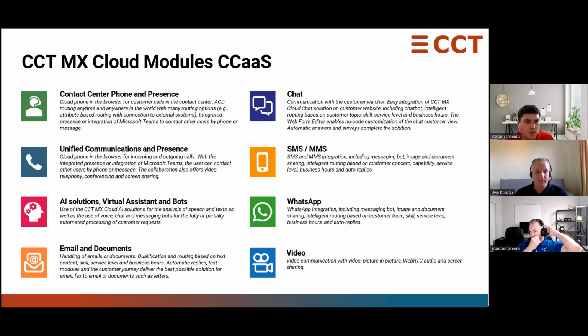On top of that, of course, I already mentioned it, the UC part. So we have cloud phones for the users. We have a mobile app phone. We have ring all devices. So this can be ring across all different devices: web phone, mobile phone, physical phone, and of course also integrated with the phone and the other channels' presence. In-house presence,